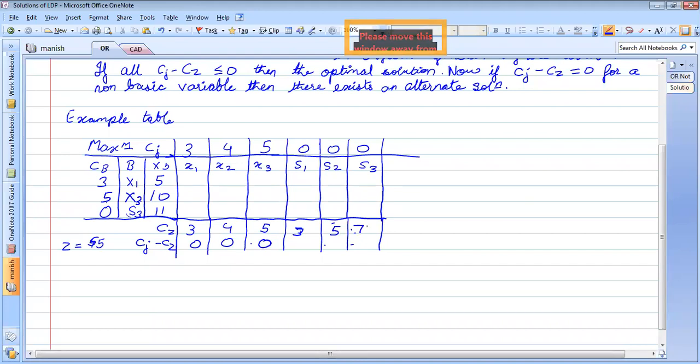This will be 0 since it's in the basic variable. So we have 0 here, and this is minus 5. Then the values will come as minus 3, plus 5, 0. Can you tell me what will be the type of solution in this case? Will it be an alternate solution or will it be a unique solution?